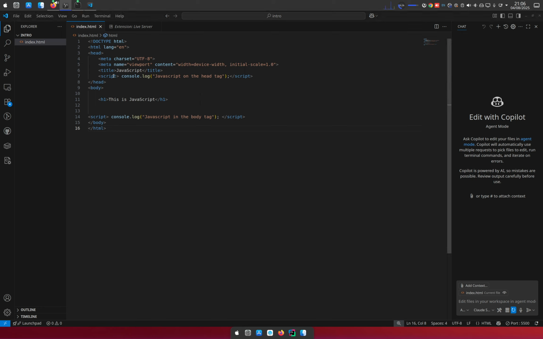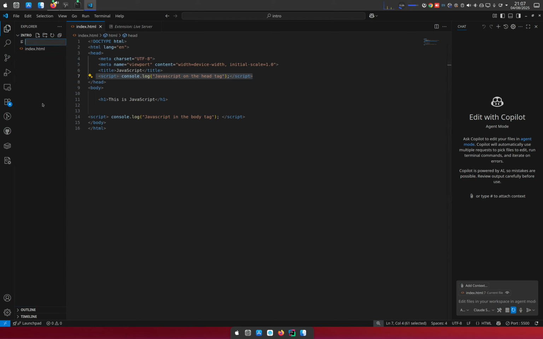Cool. Now that we have seen the two places we can place JavaScript inside HTML, let's also see how we can use JavaScript from a separate file. It is possible to have JavaScript loaded from a separate file. And for you to have JavaScript in a separate file, it always has to end with .js. So for all HTML code, the files have to end with .html. For JavaScript, it has to end with .js.